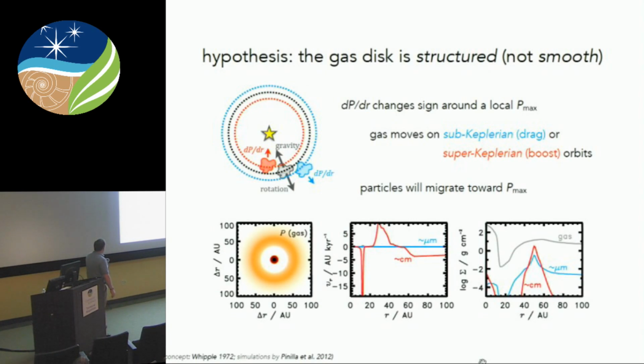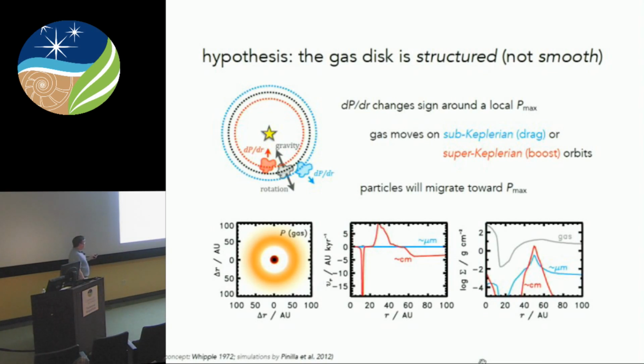So say this pressure maximum now is at this black curve and this gray patch of gas. Then it only basically feels gravity and rotation. There's no radial pressure gradient because you're at a pressure maximum. And so that gas will be moving at perfectly Keplerian speeds and very happy. And a little bit outside, it'll feel that radial pressure gradient because the pressure is decreasing away from the maximum. So that dP/dr is actually pointed outwards, and that parcel of gas will move slightly slower than Keplerian. It will create that drift effect, and particles will migrate in to the pressure maximum.